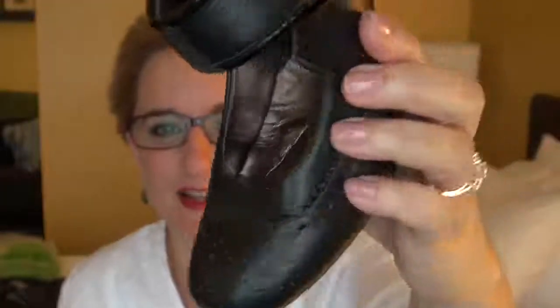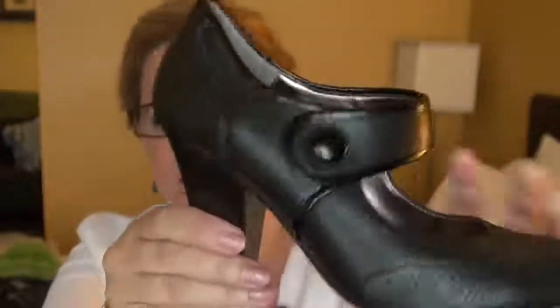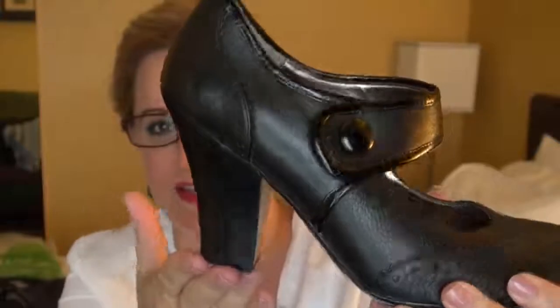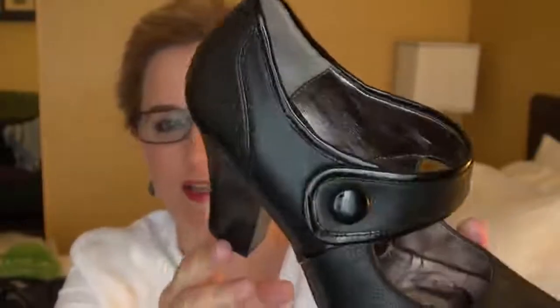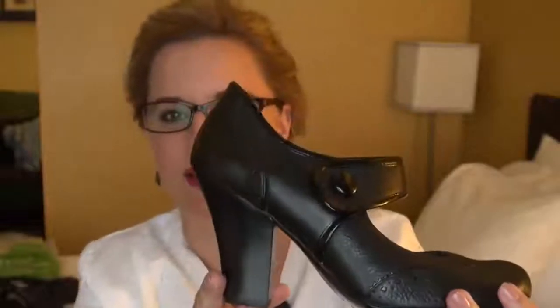$34.90, so basically $35. They're from Soft, I think that's how you say it, and they're totally like rockabilly. Aren't they cute? They're just vintage looking, I don't even know what you would call them, but I love the little chunky heel, and of course that's more support than a thin stiletto pump. I love the button detail. I could totally see me wearing